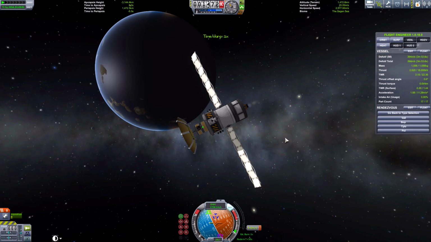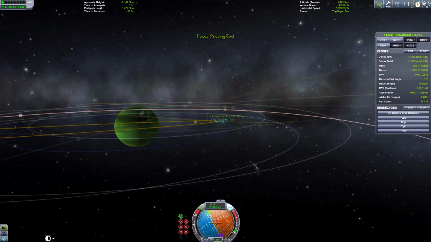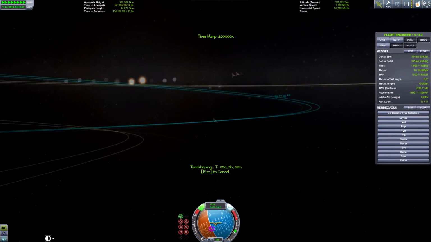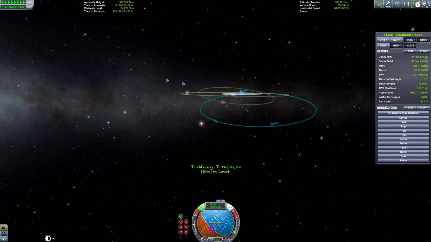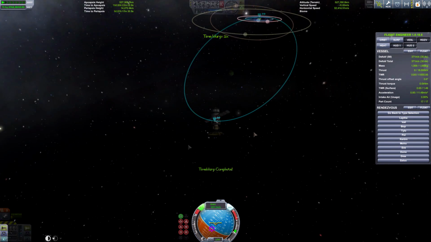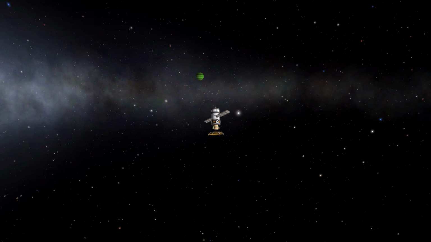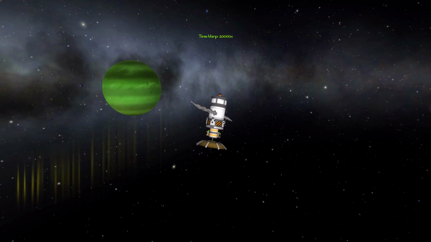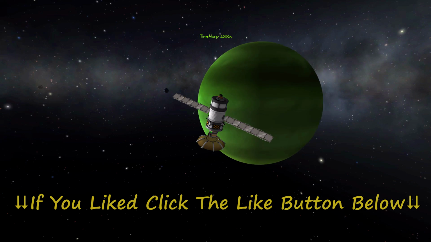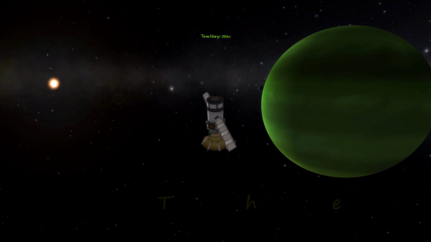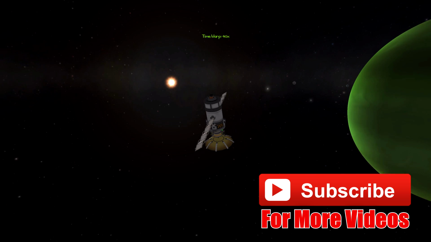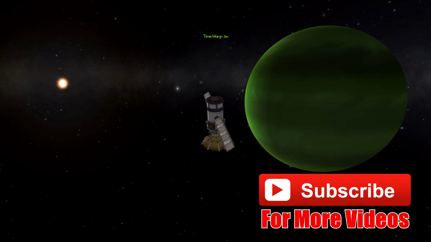That being said, I think this is the end of this tutorial, and the end of the fun that we have had. So now we will leave this probe in orbit, doing its maneuvers, doing flybys of all the moons, getting into weird orbits, and maybe someday impacting the planet itself, as what they're going to do with the Cassini mission once it's completed its mission. So anyway guys, let me know what you want to do next in the Jool system,